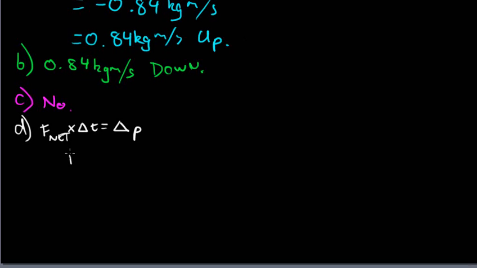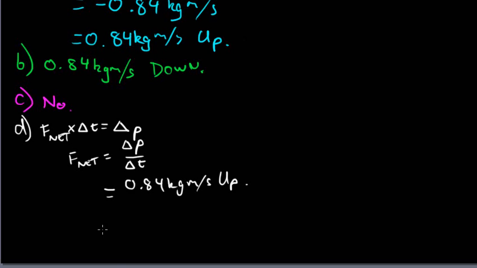We rearrange that formula and we end up with our net force is equal to the change in momentum over the change in time, which is equal to 0.84 kilogram meters a second, and I'm going to state up here because it is up, all over 2 times 10 to the negative 3